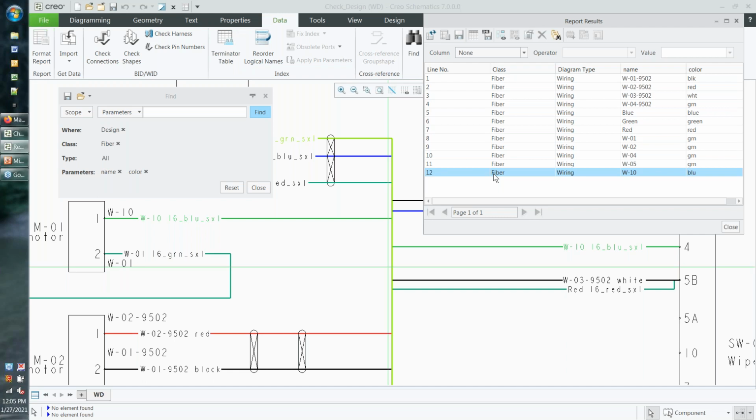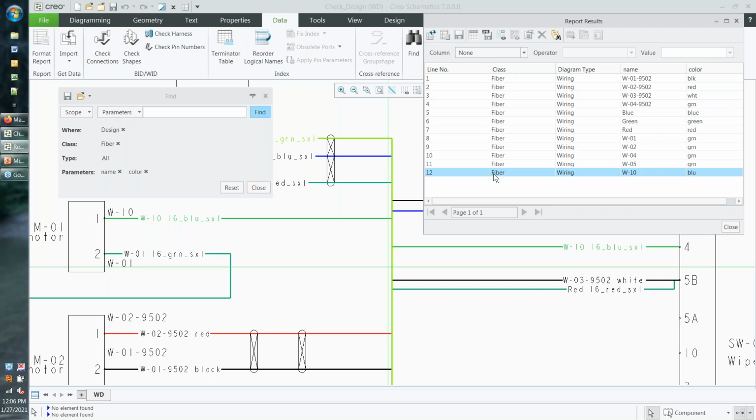So it gives me a very quick and easy way to interact with the schematic globally. At the same time, I might be interacting with the design catalog. Now, one of the things that came to my mind, and I can't claim to be a production schematics user,